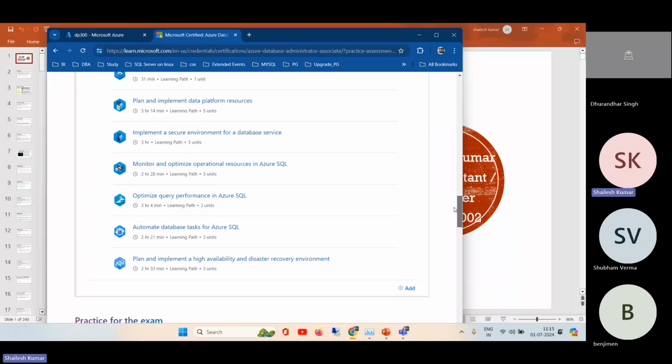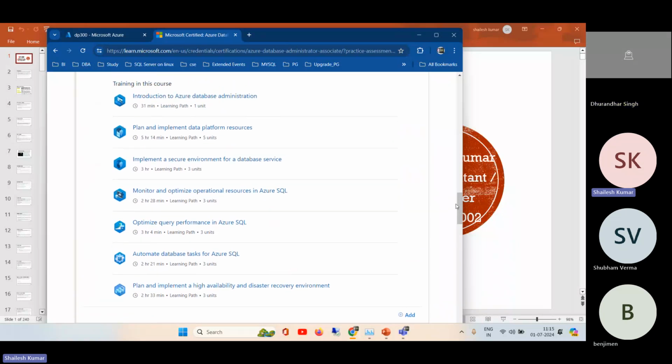For the monitoring part, we have all the features we have on-premise, like Extended Events, Profiler and Activity Monitor.